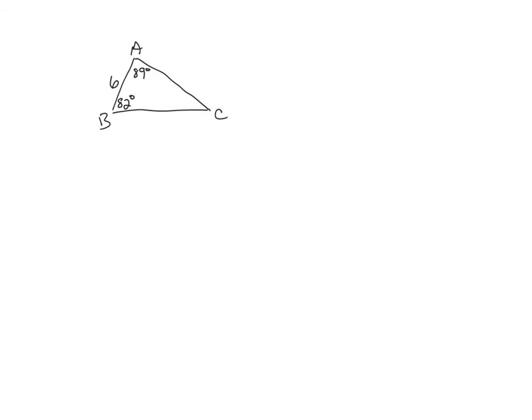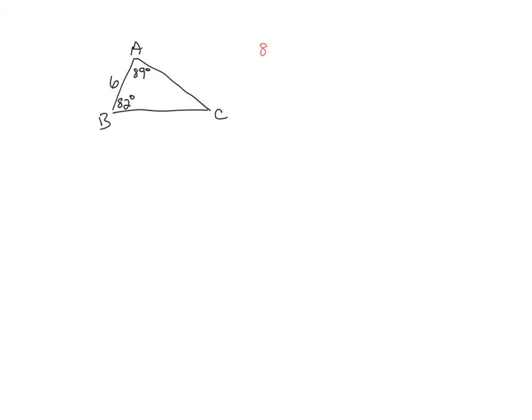So it would appear in this problem that that isn't the case, because the side AB, the 6, goes with angle C, which I don't know. Angle A goes with this side BC on the bottom, which I don't know. And 82 goes with AC, which I don't know. So you might think, well, then how is this a law of sine problem? Well, it's a law of sine problem because